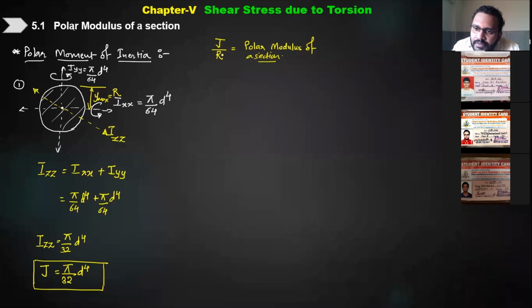Okay. मतलब circular section के लिए. Now, what will be the polar modulus of the section in case of circle? Now we know the J value. The J is pi by 32, so therefore it will be pi by 32 d raised to 4 है, and